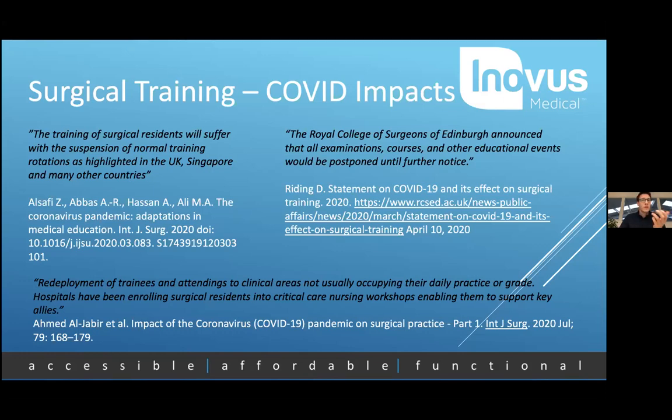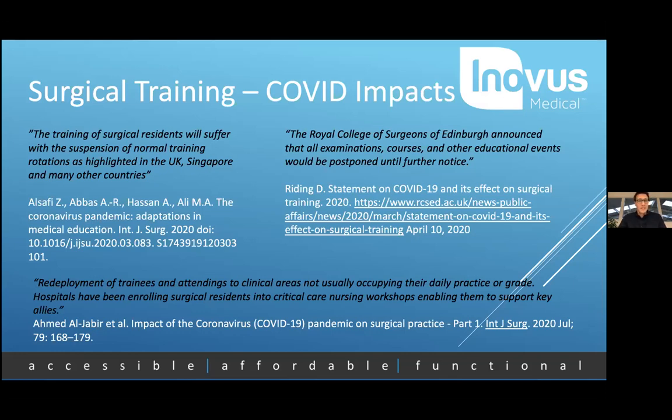During COVID-19, we quite rightly, as healthcare providers, have focused our services on provision, on saving lives of those suffering with COVID. And of course, the issue we found as a result of this has been published across the evidence base. And I think this evidence that we're seeing now is going to become more and more prolonged every day that the pandemic goes on, and we're focusing our services primarily on the fight against COVID-19. And so really, what does that result in terms of the landscape of surgical training looking like both now and in the future? Well, as you can see from this slide, there's really three major elements to consider here.